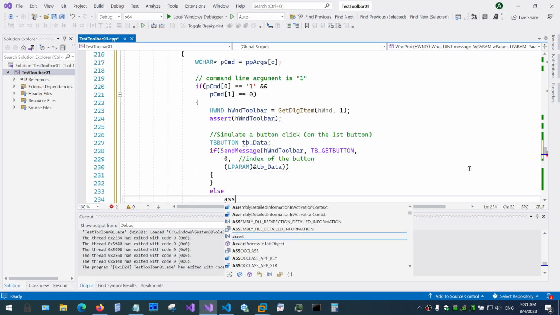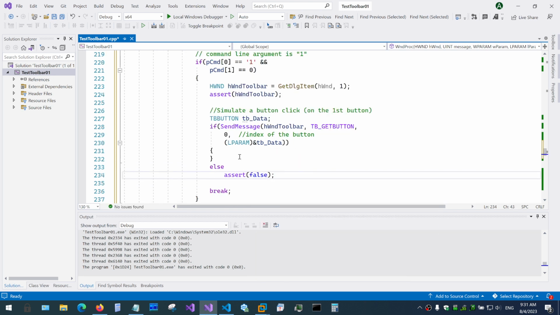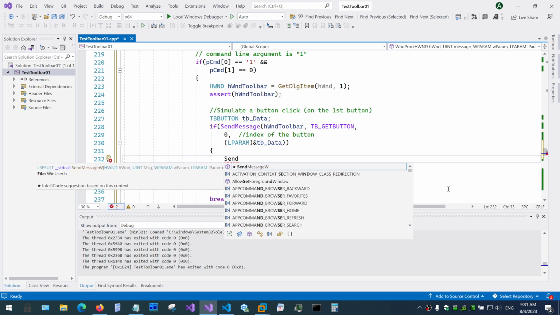And over here, let me assert in case we fail. And again, these assertions are just right now for me to see if it's working. Okay, and once we populate our TB data here, what we need to do, we need to send